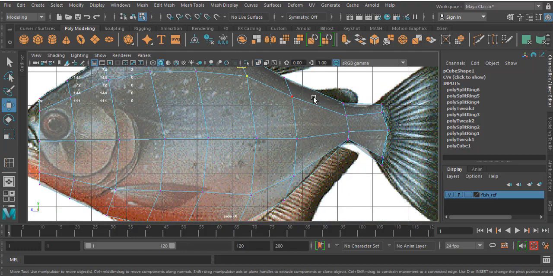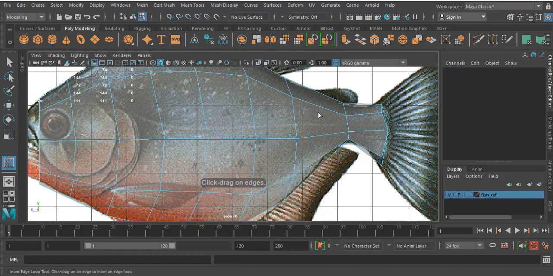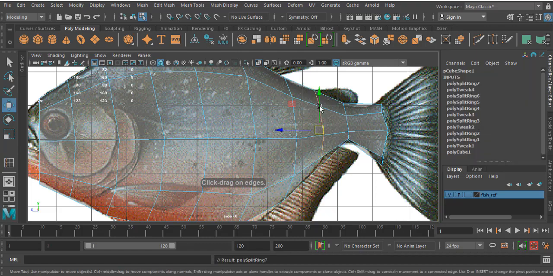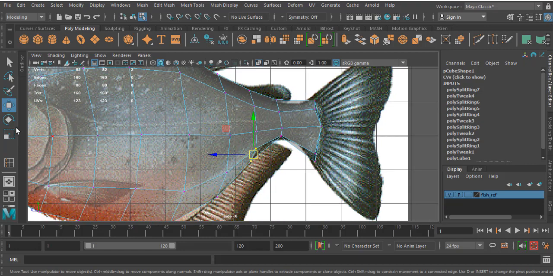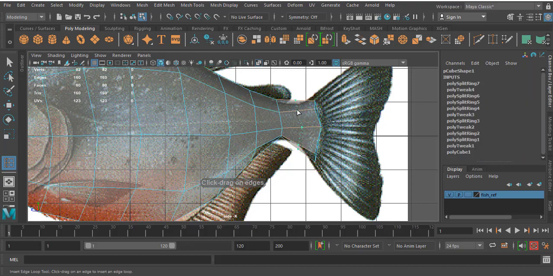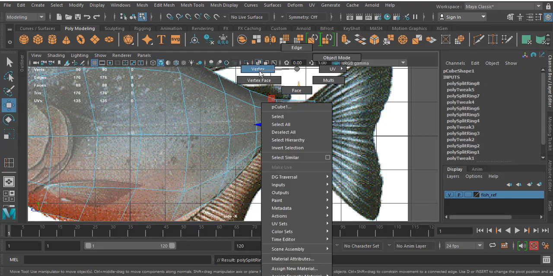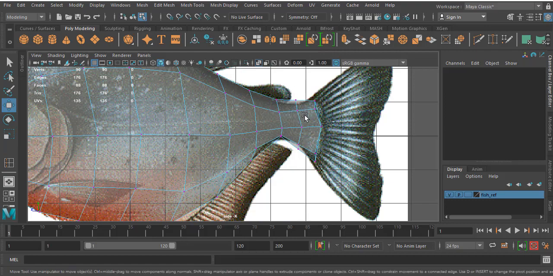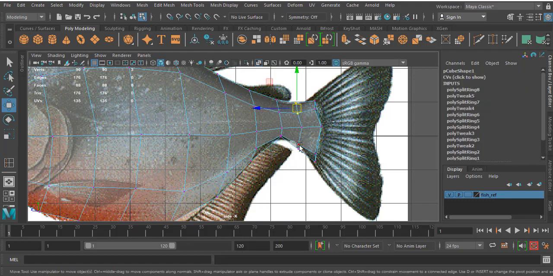So I think I can also use one more reference, insert edge loop. I'll select these 2 vertices and place them over here. Here also I'll select this one. I want to scale this.